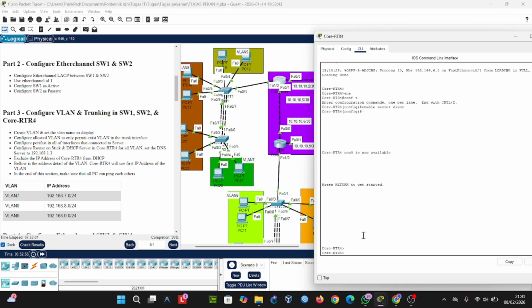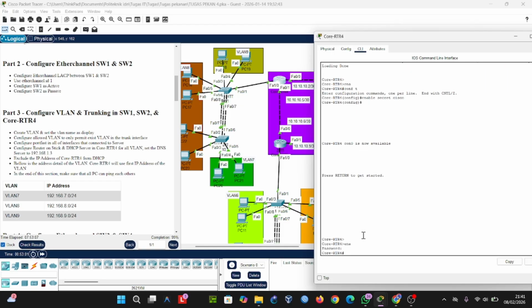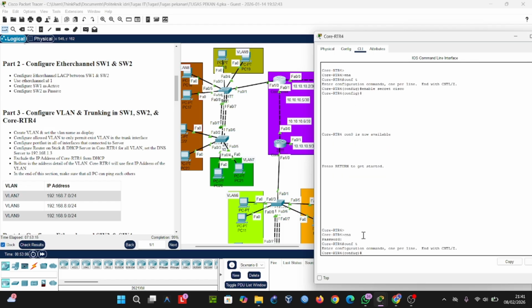Continuing in this configuration, first I configure the inter-VLAN interface. Maybe show interface brief.